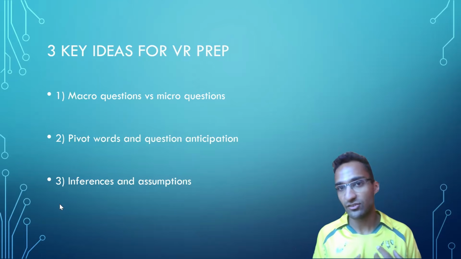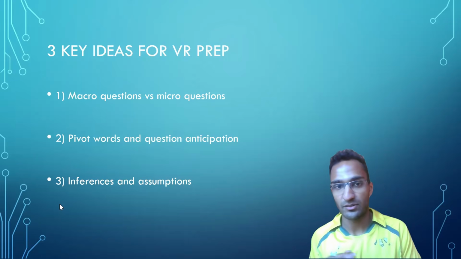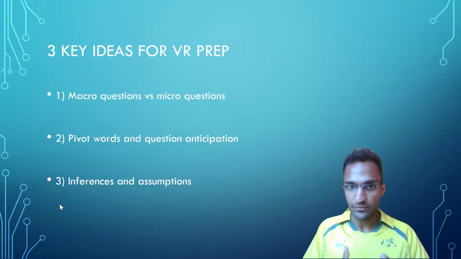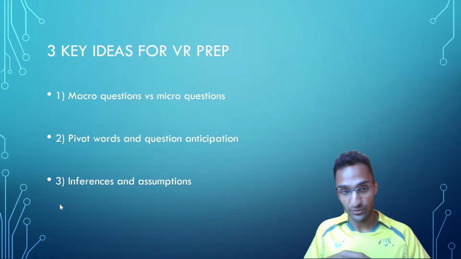And finally, is the distinction between inferences and assumptions. And it all ties back into whether it's aligning with the gist or on a specific point. But you can make inferences. If there's evidence in the text that supports a general claim, that is okay to do. And that's often what's required for the correct